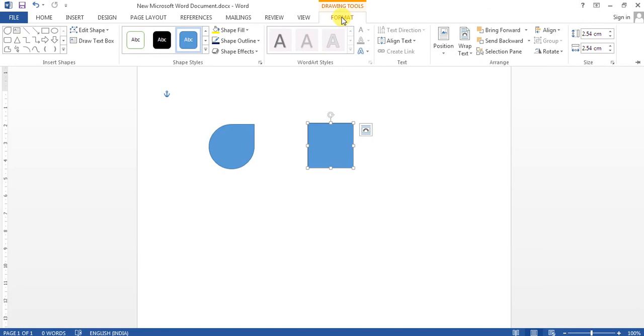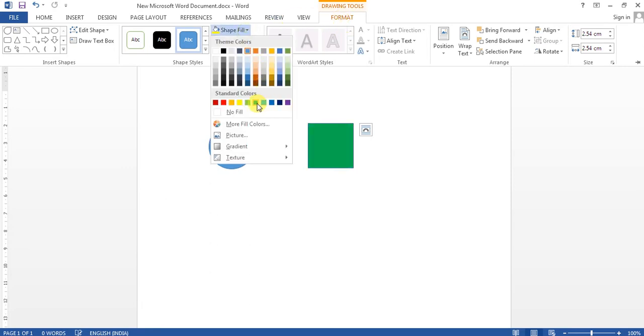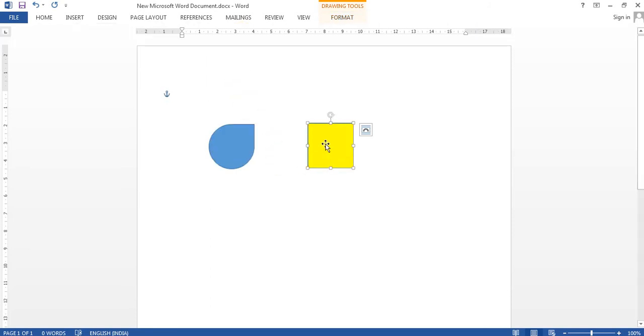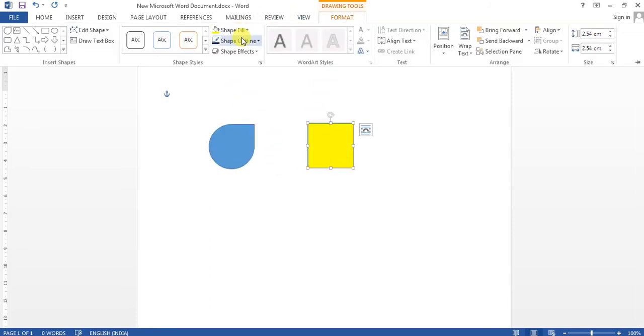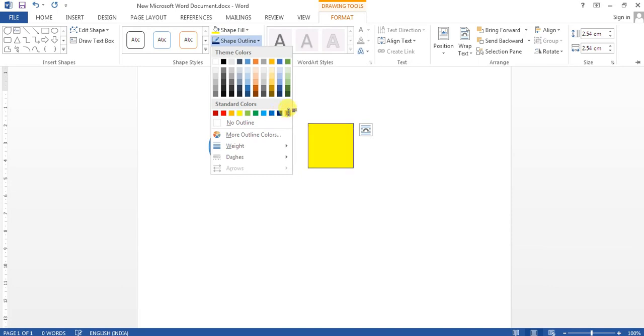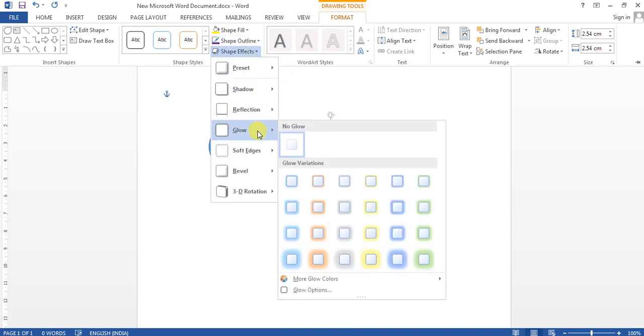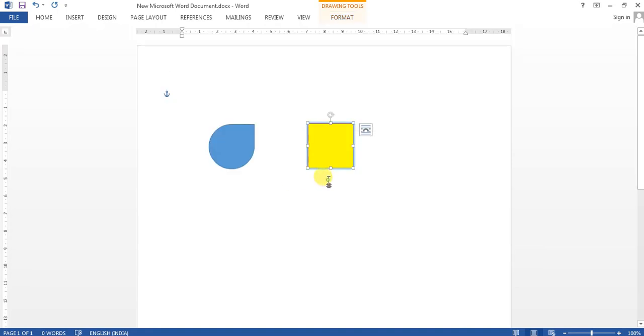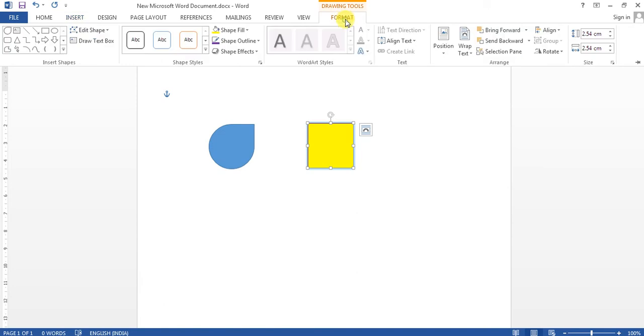Now you are able to edit your shape. You can fill the color from here. You can give the outline, shape effect, you can give from the format tab, right?